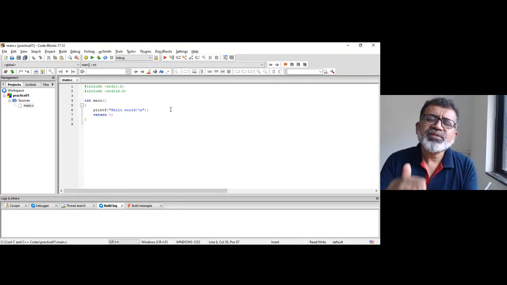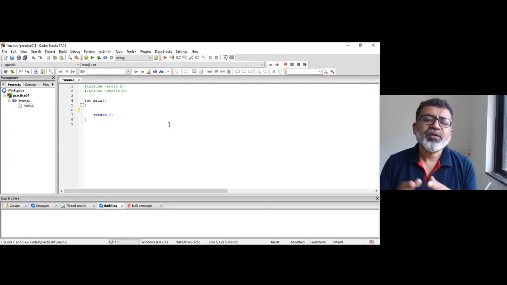So here is some little bit of code ready for you. You don't need to write all these things. At least the main function, opening curly braces, return statement, file inclusion. So this is a kind of a framework again, right? Some tools are there, right?